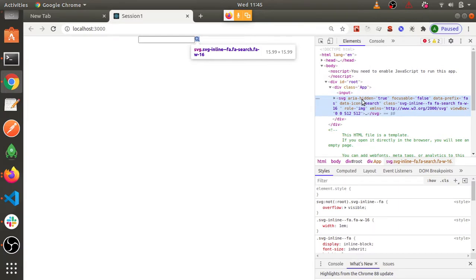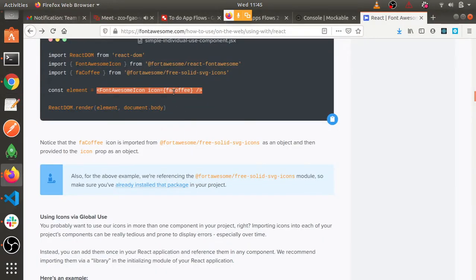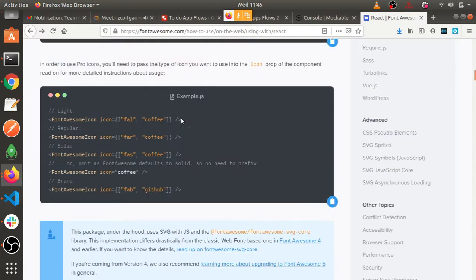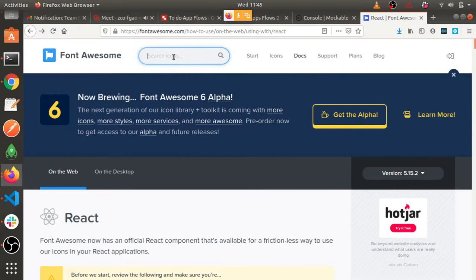Okay, so when I installed this Font Awesome SVG icon, basically there was a library of icons which were imported to our node module. Okay, and there are different ways to go there. You have already seen when we were doing it here, it is FA coffee. The name is like that by default, and where to get that name can be one of the challenges. So you have to simply search for the symbol.